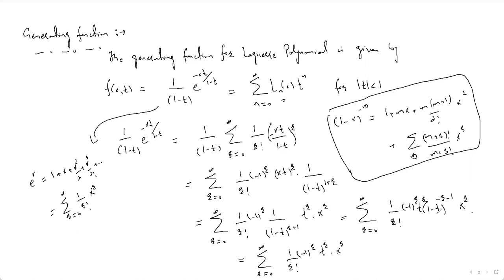So how I can write this is (1 minus t) raised to power minus (r plus 1). I will write this as summation s running from 0 to infinity. Okay, instead of 1 minus x, I now have 1 minus t. So I will write this as (r plus s) factorial divided by r factorial s factorial. Then t raised to power s, because we have the t. Instead of t here, I am using x, binomial expansion. Fine. Okay, now if this is okay, then what I will do,